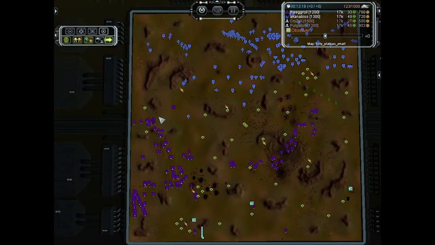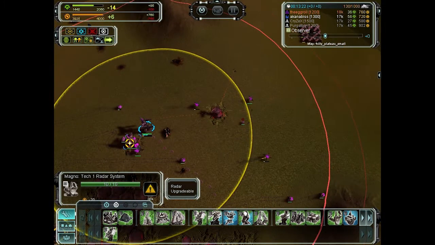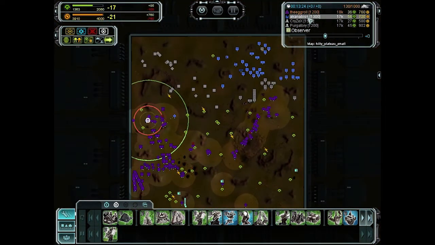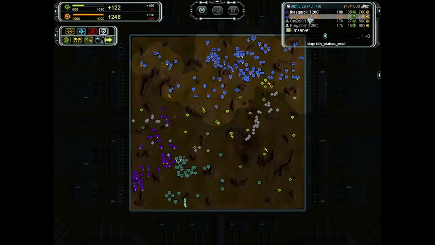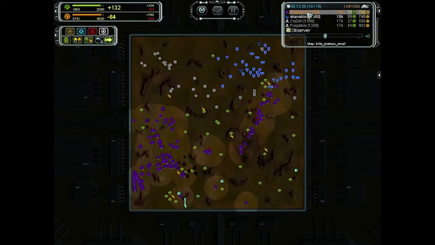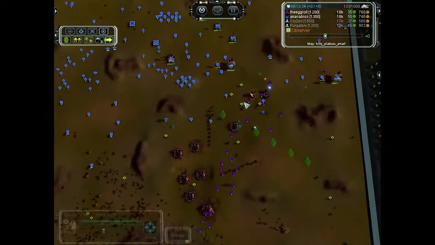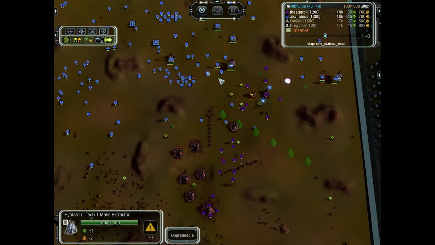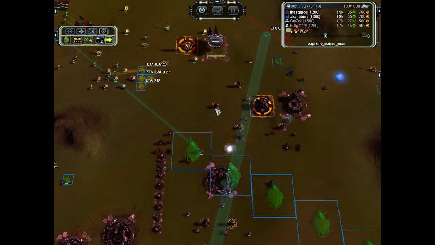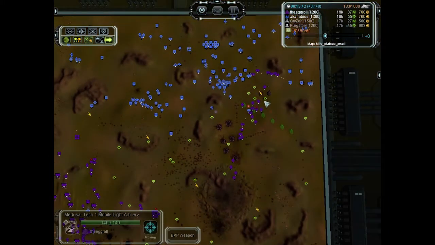Has he got T2 on his commander? Yes, he has, since he could build a radar system. And Akanabis has more mass, I thought. And the Theeggroll is now pushing in here because has he put a builder order on these? No. Akanabis needs to put a builder order on these mass points because then he can get mass from his